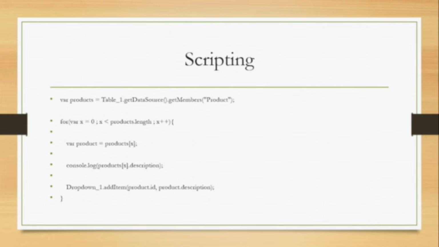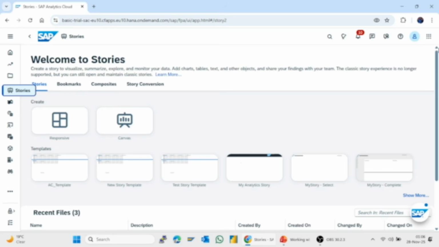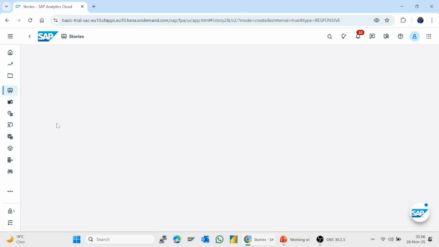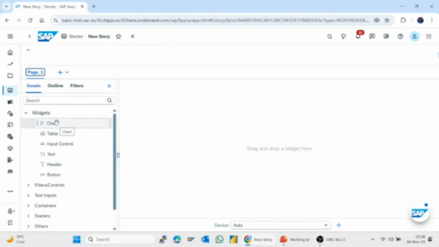After that, let's move straight to the system and create our story with this scripting feature. Here it is. Now we have the stories. Welcome to the stories page, and now we are going to create our story. Let's click on the responsive option, because we will create the responsive story. Now first of all, let's drag and drop the table because we want